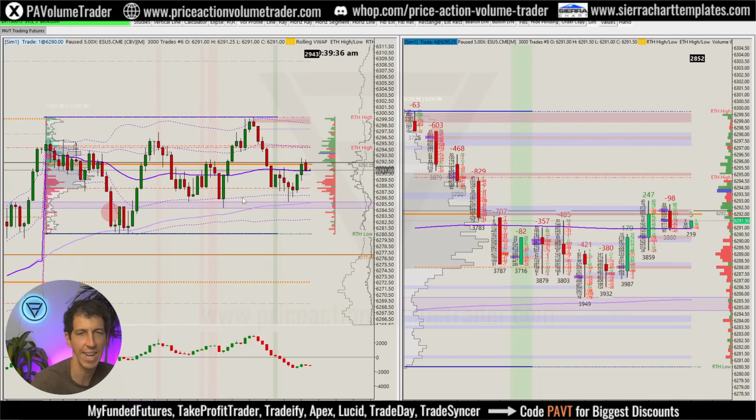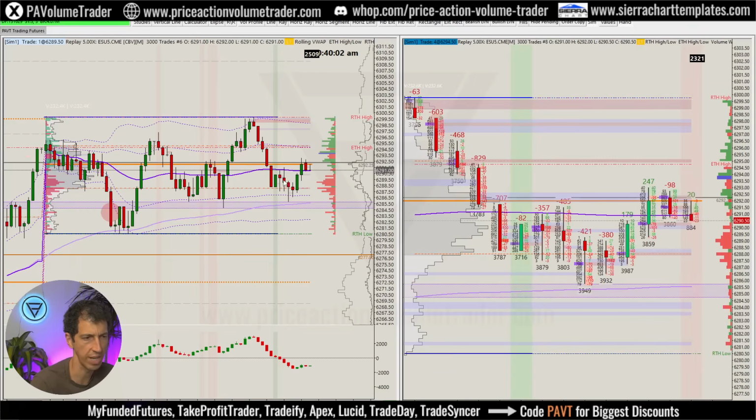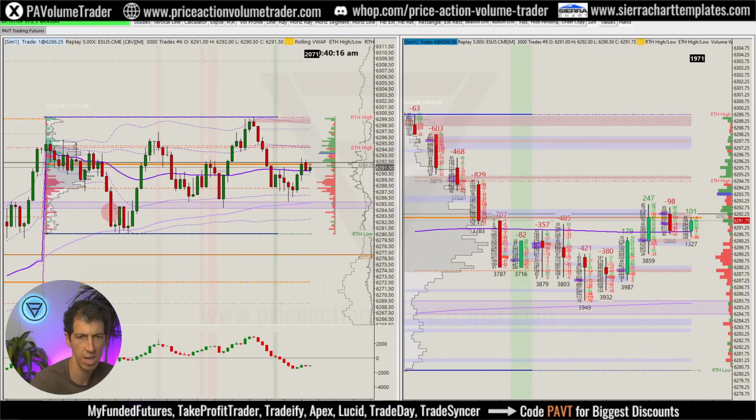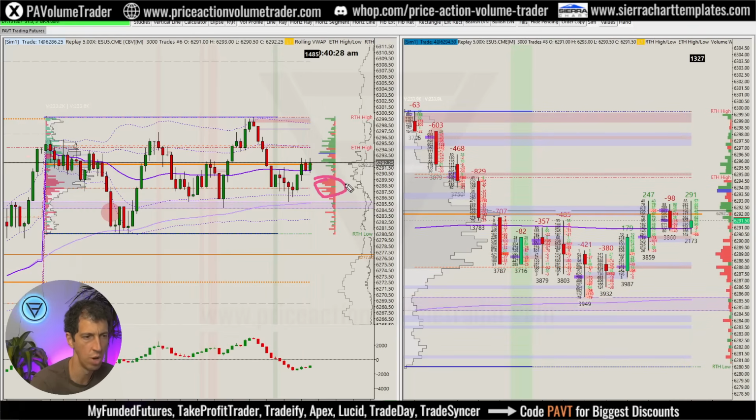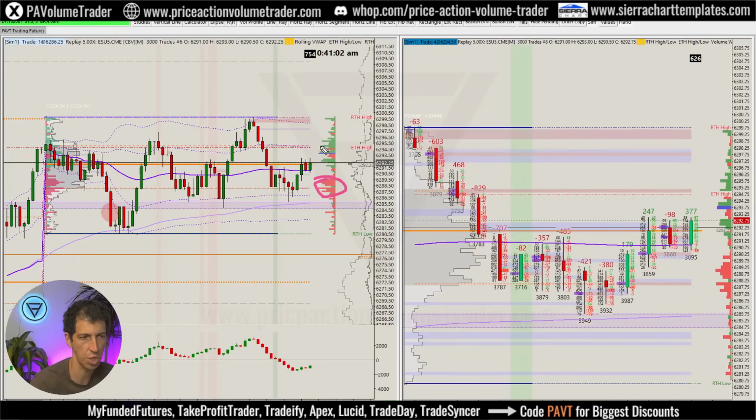And we got now cumulative delta divergence, where we have cumulative deltas making lower lows and price is holding here for higher lows. So this is a clear signal of selling pressure that is being absorbed right at these lows over here. Okay, and if I just hit play on this now, you can see that pretty much from this point on, price is not going to get back below all this aggressive delta area, and we are now going to start